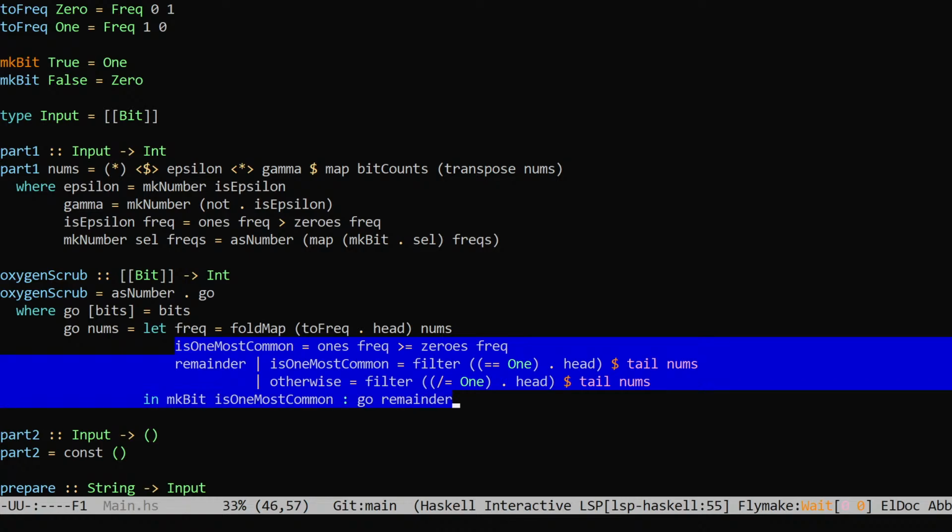It's really these 4 lines that are different, and not even all of that. Is one most common, so